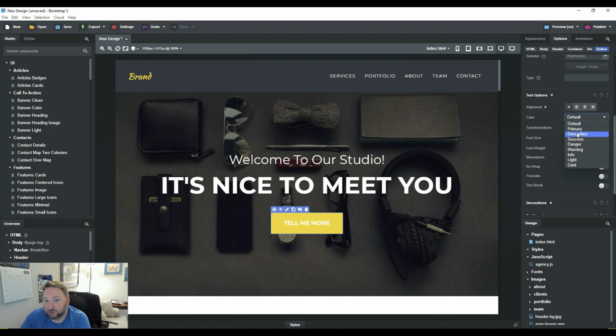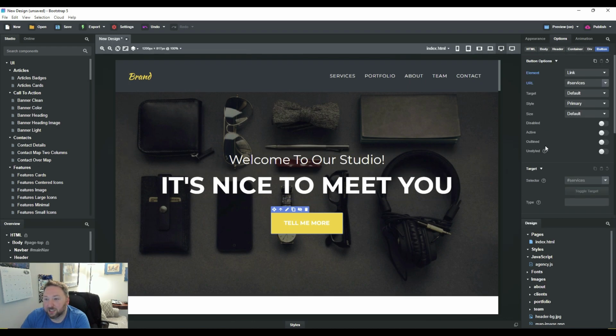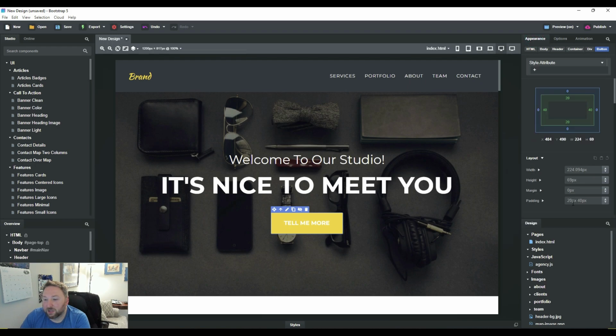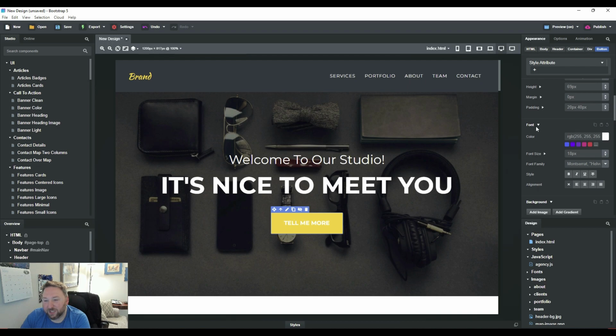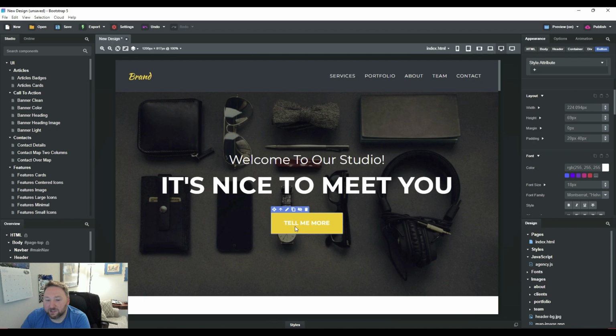Those are all similar to Bootstrap. So if you're familiar with Bootstrap, like I said, you can go in here and customize everything the way you want to. The appearance tab is obviously very familiar if you were going to be using something like Oxygen. The one thing that's a little bit different is